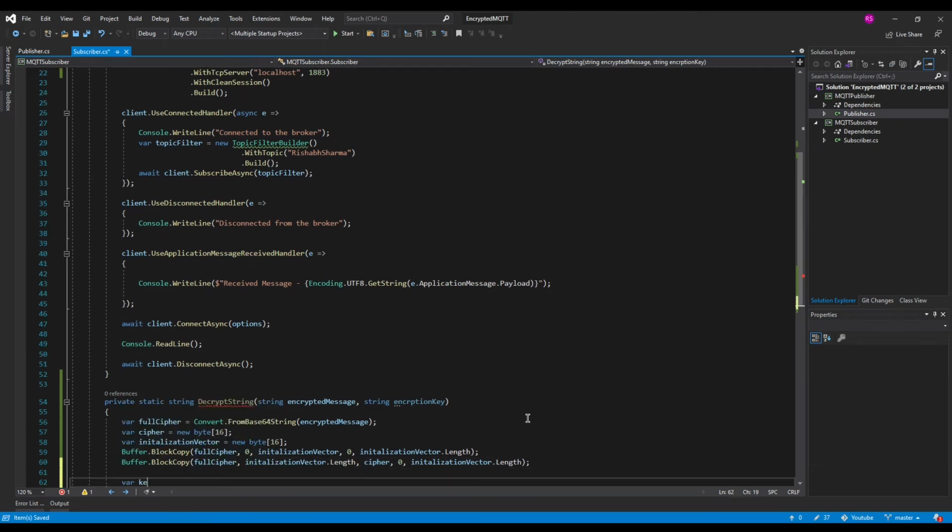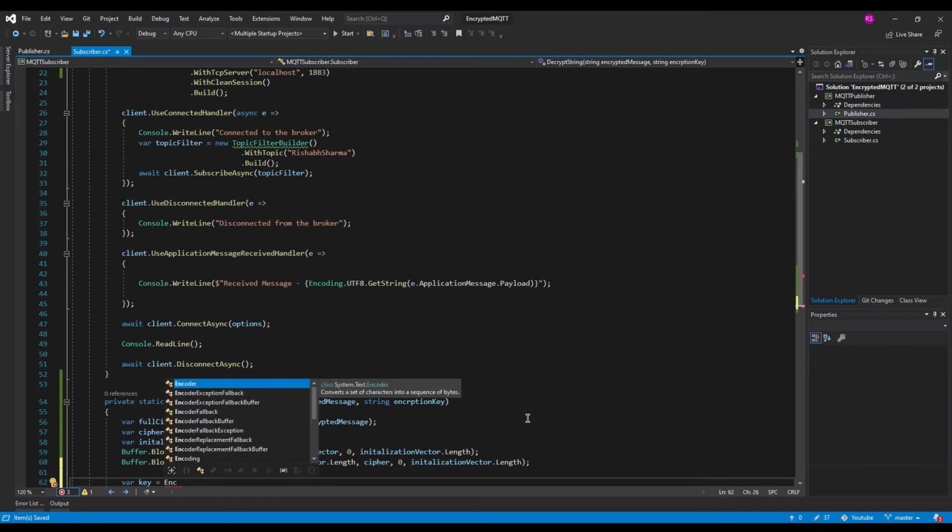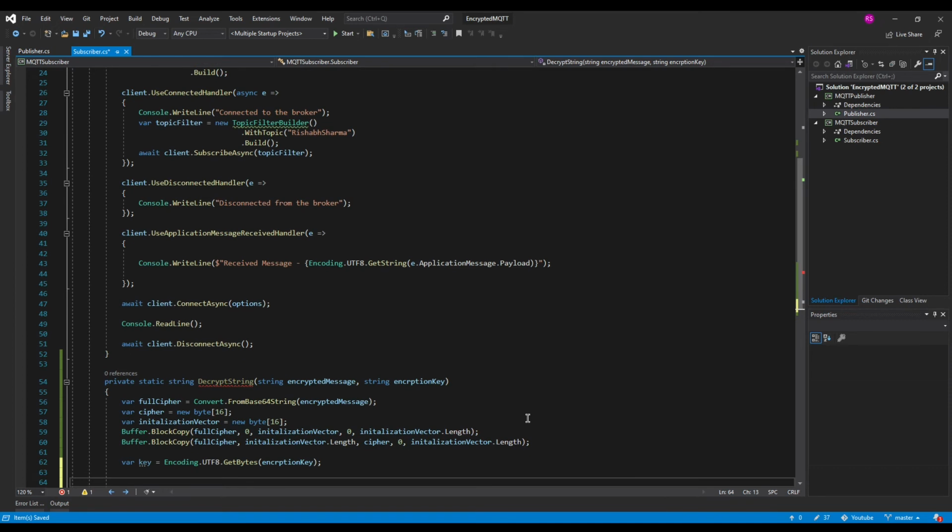Now we will have to create an instance of key wherein we will generate the byte representation of the encryption key. Now that we have extracted out the byte representation of the encryption key, we will create an instance of AES algorithm similarly.